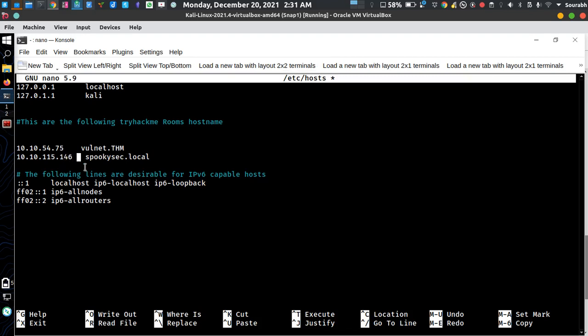Why? Because I want to assign that particular IP to some sort of domain name. For example, what is a domain name? You need to understand first. So for example, let's just say you have an Aadhaar card. Okay, Aadhaar card, you have a number on the Aadhaar card. Let's just say the number is this. Okay, in the Aadhaar server, if any person wants to know about your information by using this number, he can pretty much do that. But it is not very easy to remember. Because you don't actually know your Aadhaar number very often.